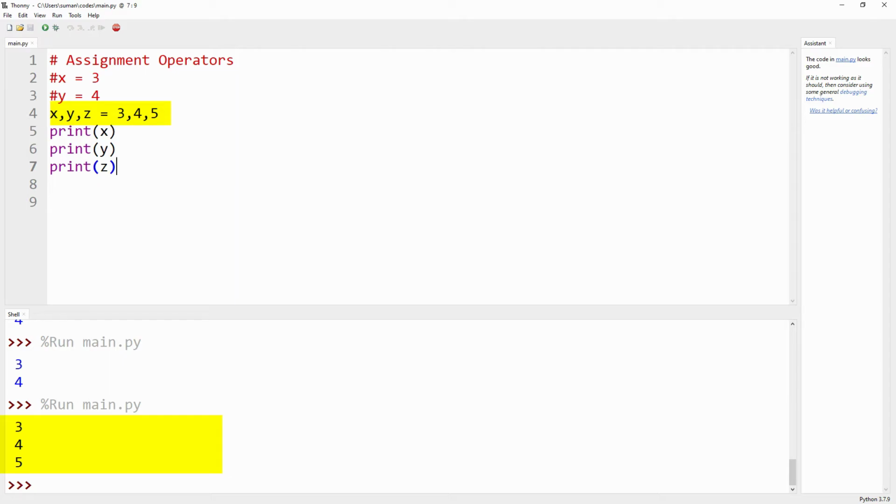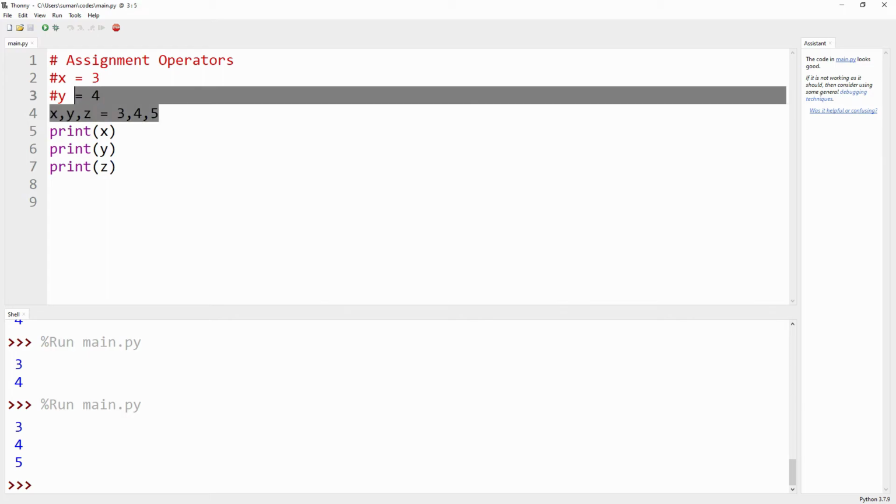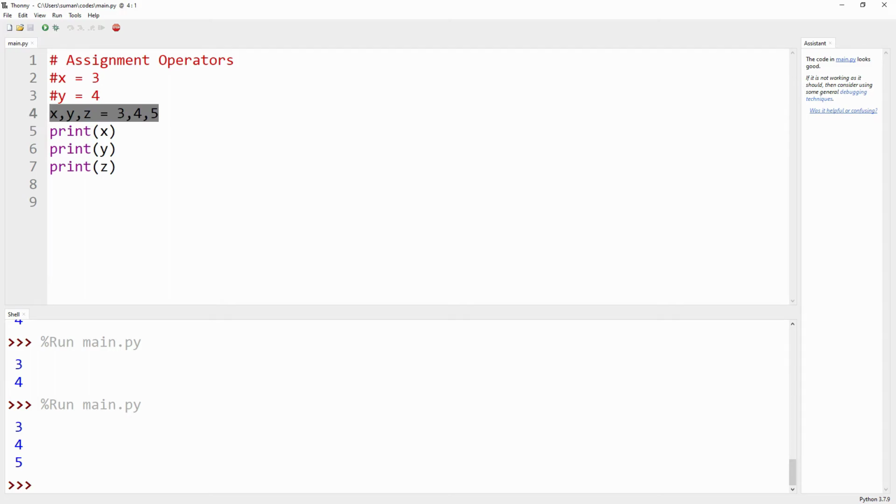But always remember, defining and assigning the variables separately, as we did earlier, is more convenient and easier to understand than that type of assignment.